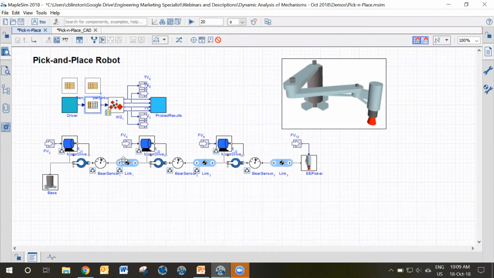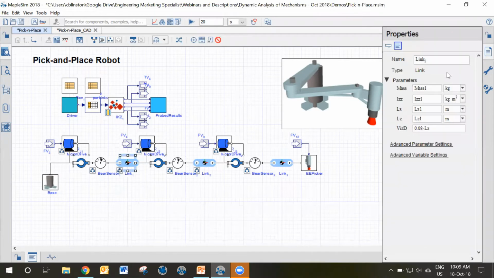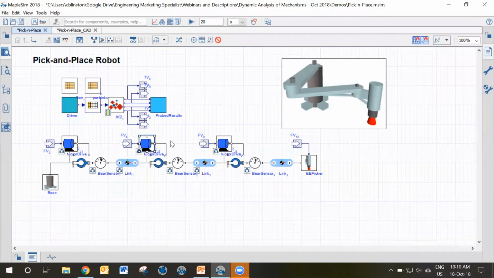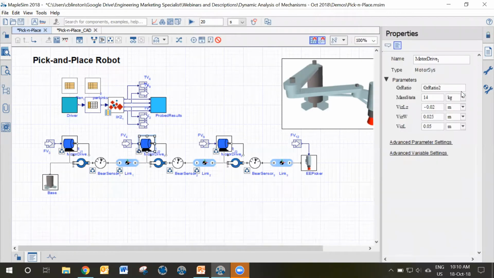It's a system with 3 links that each have a parameterized mass, geometry, and inertia. Each joint is driven by a motor gearbox that also is parameterized. If we run the simulation, we can see